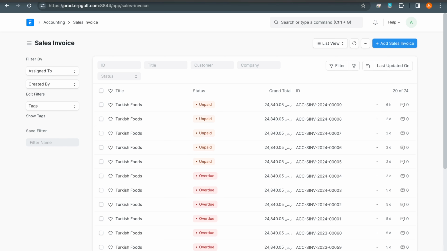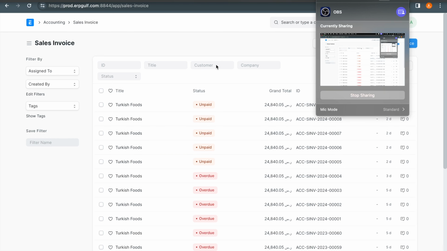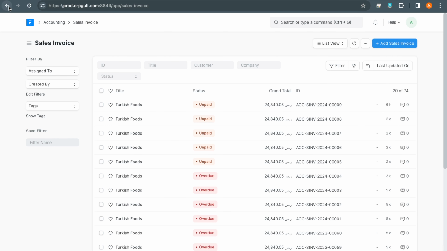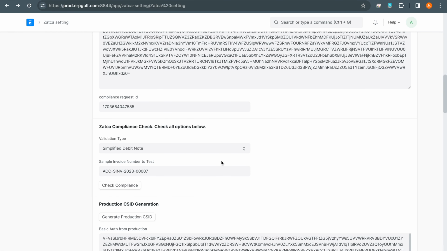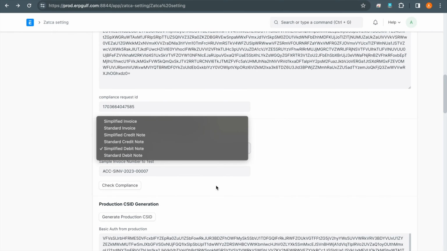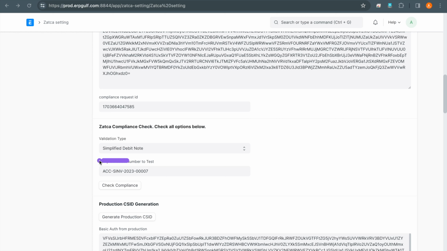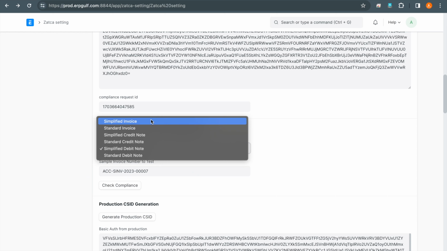Why? Because every invoice has to pass the test. So it doesn't matter which invoice number you are giving, every invoice has to pass the test. So you give a sample invoice, any invoice you create, and then put it here, then select it and send